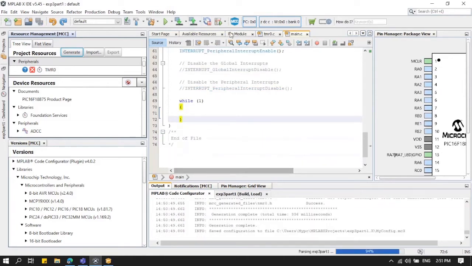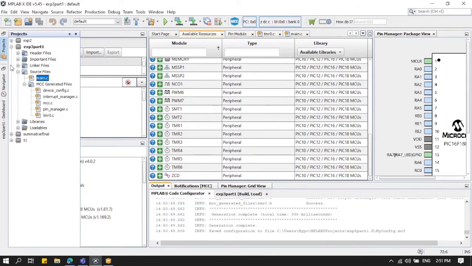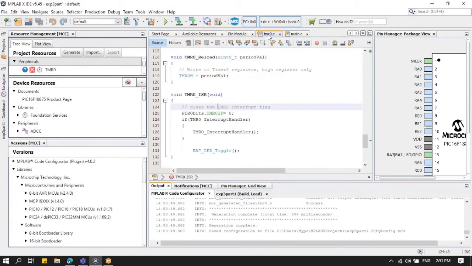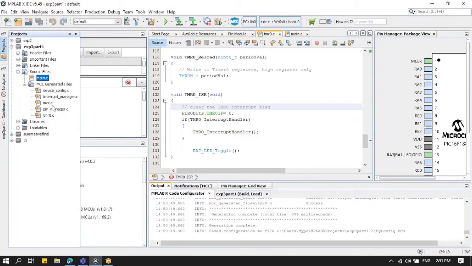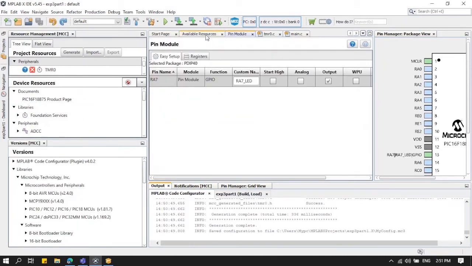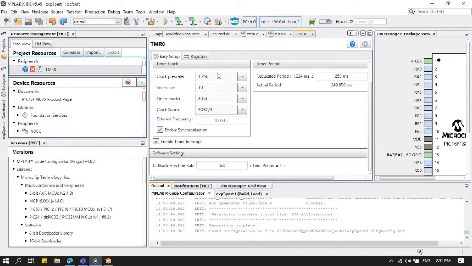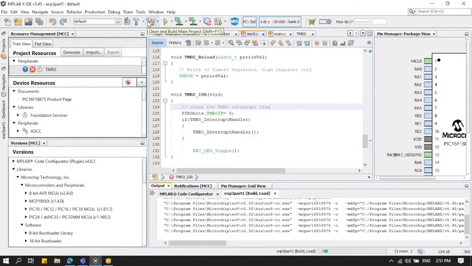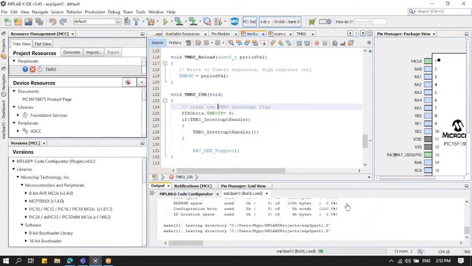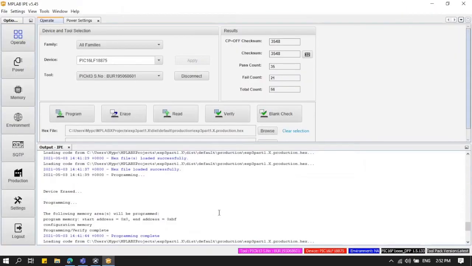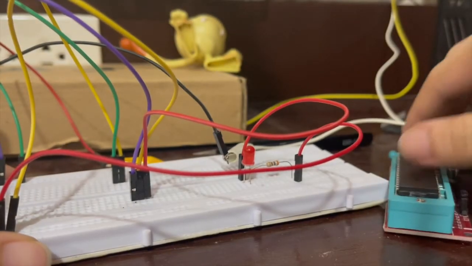And when generation is complete, what we're going to do now is wait, just to make sure that that's set to that, and the timer interrupt is enabled, and click build. After build successful, rewrite the hex file, program, and let's see the results. Once programming is complete, let's now transfer the IC